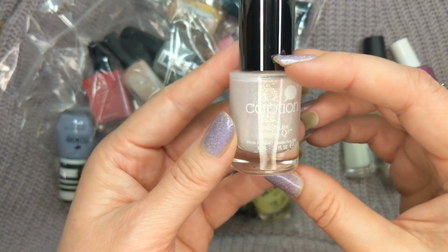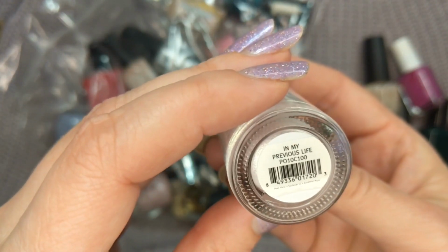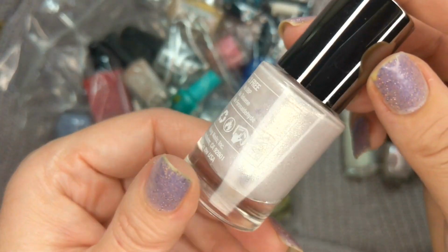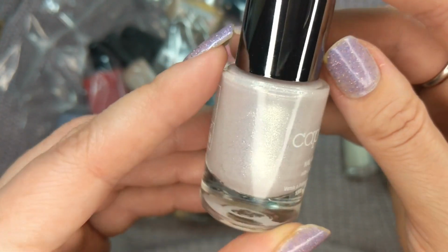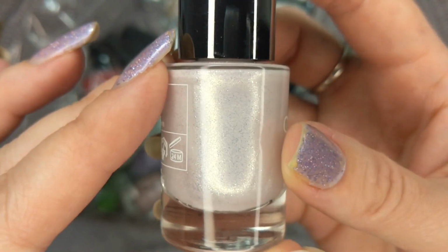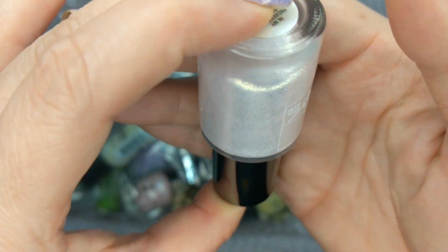Next is this one by Caption, and this one is called In My Previous Life, and this is another one that I got for that winter rack. And this, while definitely icy, is more like a very, very light pink, but look at that golden glow. It's got sort of a larger particle shimmer in there, and it's really lovely, very ethereal and reflective, and it